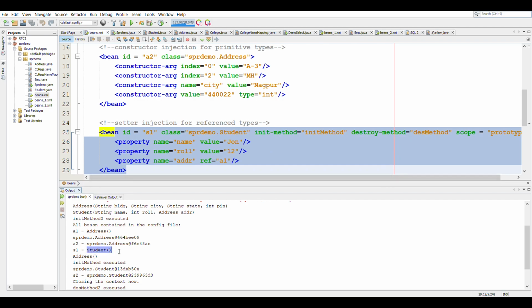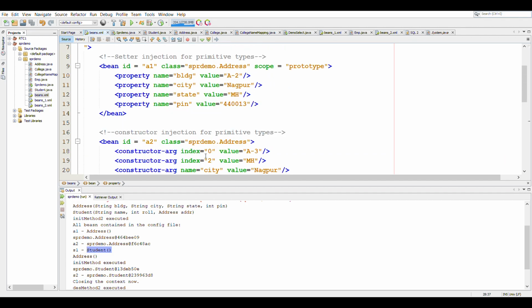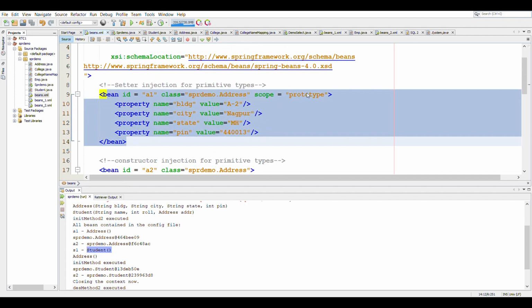So here you can see that the student constructor has been called, and then since the student constructor uses an object of type address which is A1, it will see that A1 is of scope prototype.